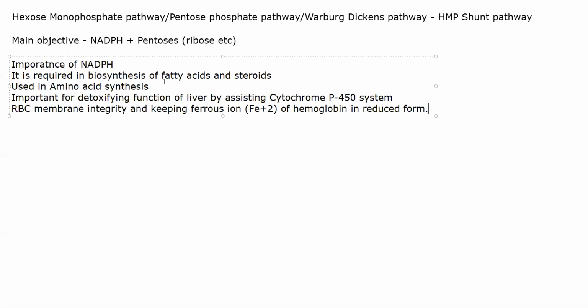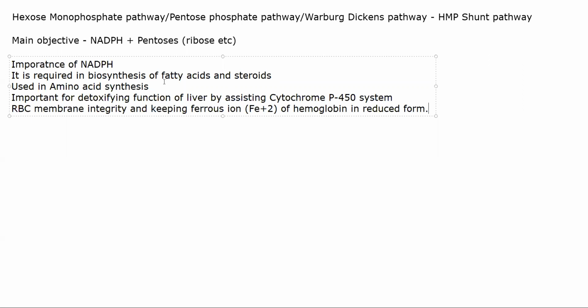NADPH also plays a role in phagocytosis, though it is not strongly correlated. It does play a role in the sense that it will help phagocytosis, not that it will perform phagocytosis. I hope you know what phagocytosis is. Cell eating को बोलते हैं phagocytosis. What your macrophages do. And in oxidative reactions, in both of them NADPH is involved.